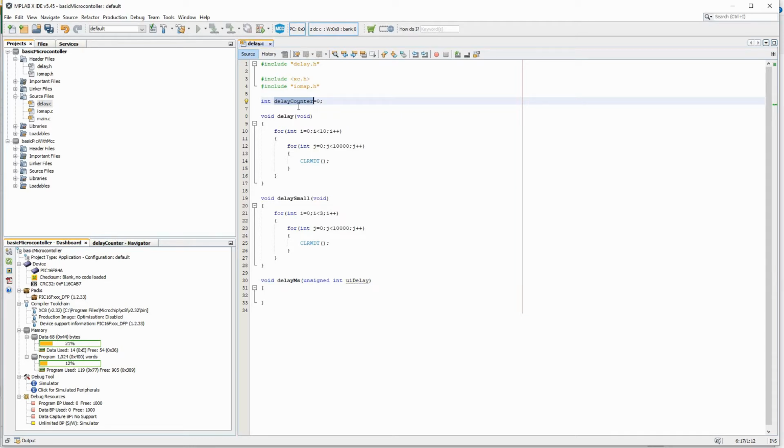Like if there are hundreds of variables, then you will not know what is the data type. So if I write like this, anywhere in the code I will always know this is an unsigned integer. So this is a good practice to follow. So now let me set up the timer.